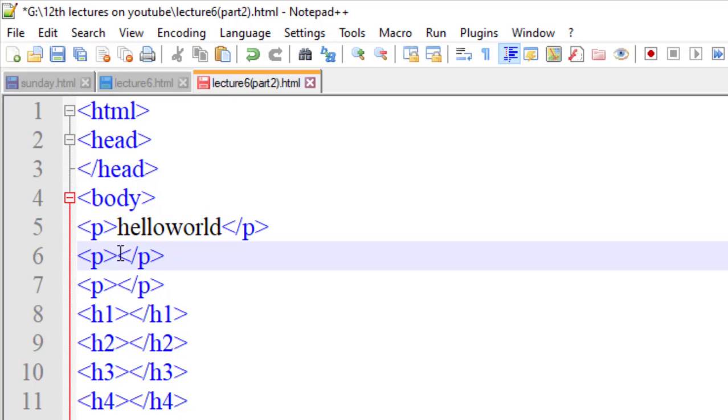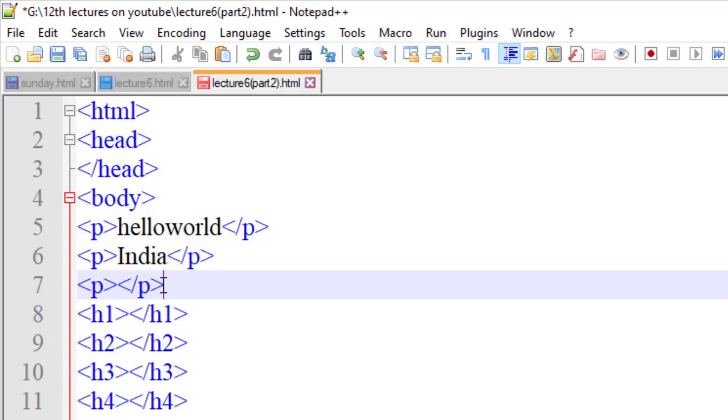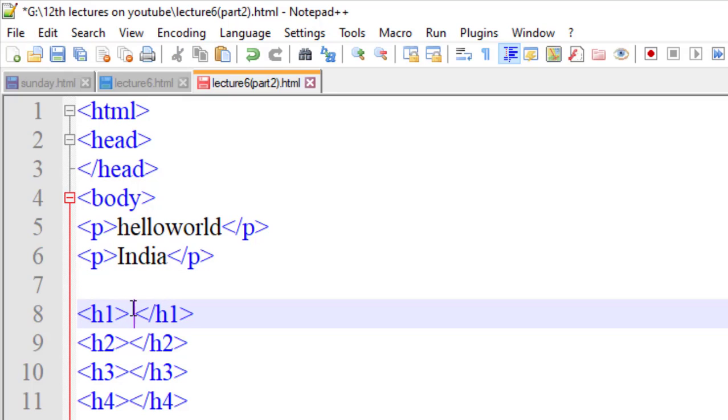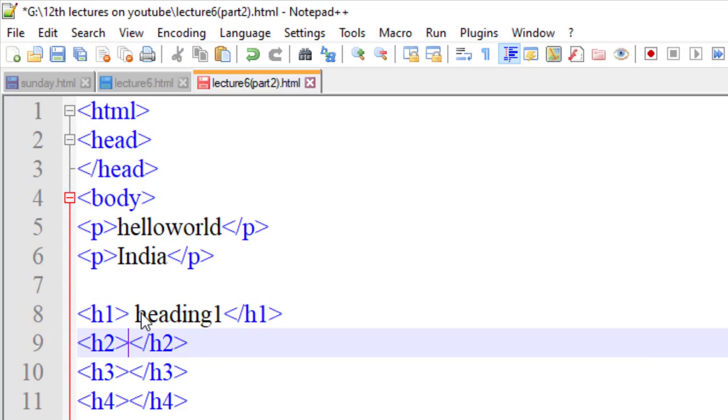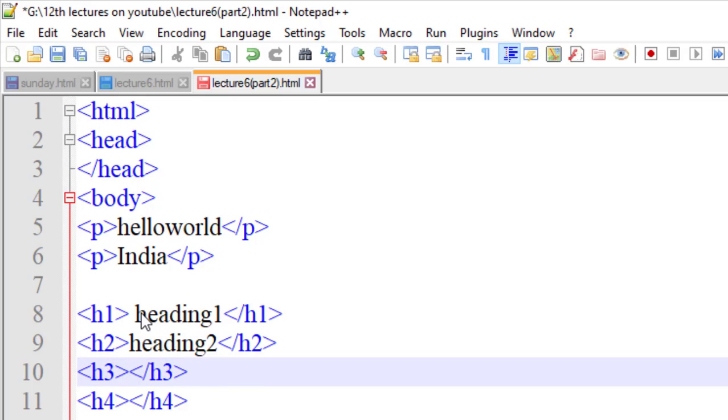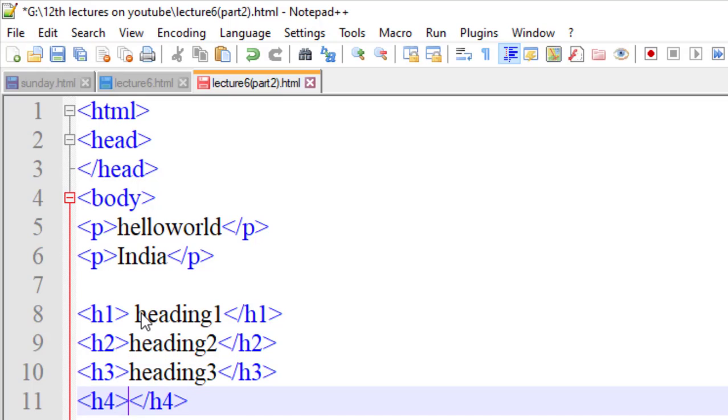In the second I will write India. In the heading 1, I will write heading 1, heading 2, heading 3, heading 4.